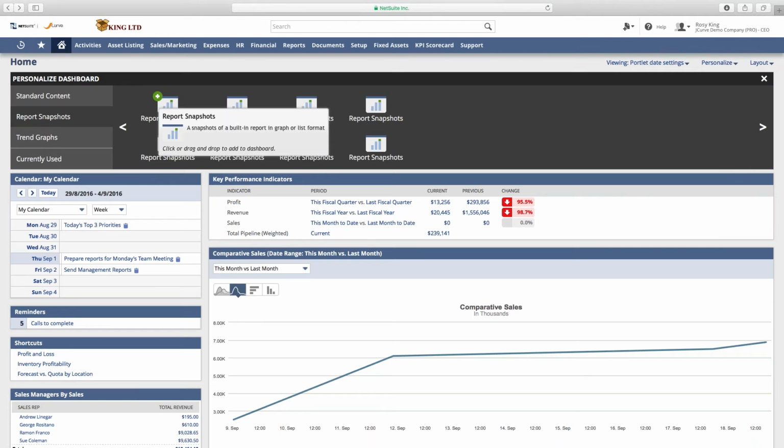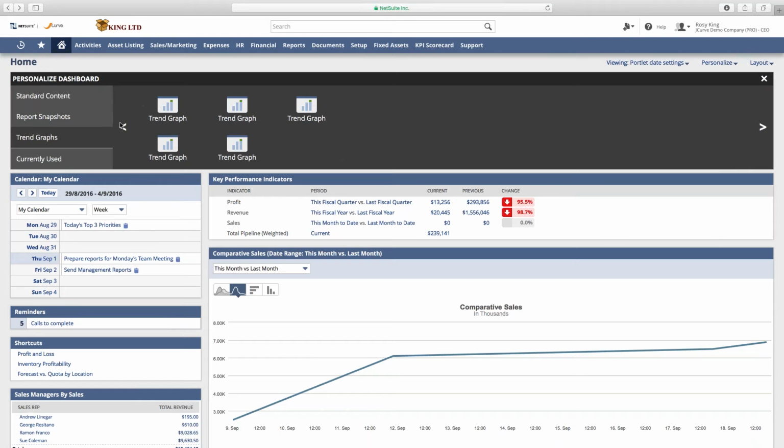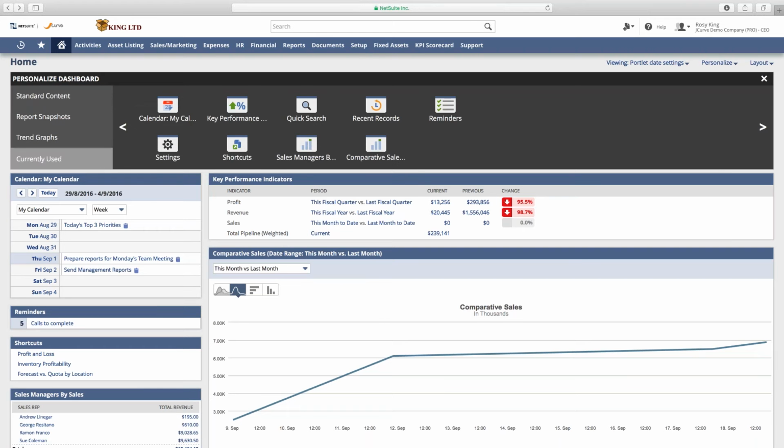Trend graphs, exactly what they say. So it shows me key performance indicators on a time basis, daily, weekly, monthly, etc. Again, click and drag it to drop it onto your dashboard. And the last personalisation area is what is currently used. So it's actually telling me on this particular dashboard for the CEO, there's not a lot that I need to see, so therefore it's a fairly